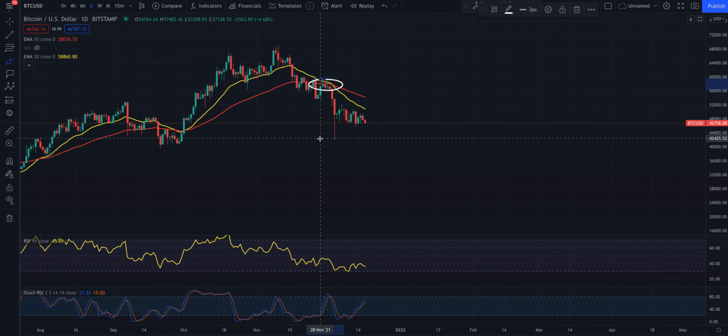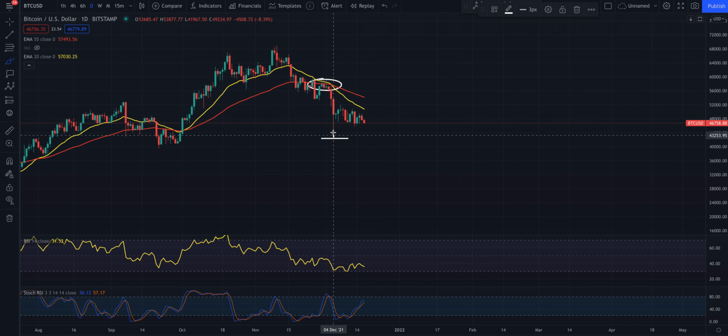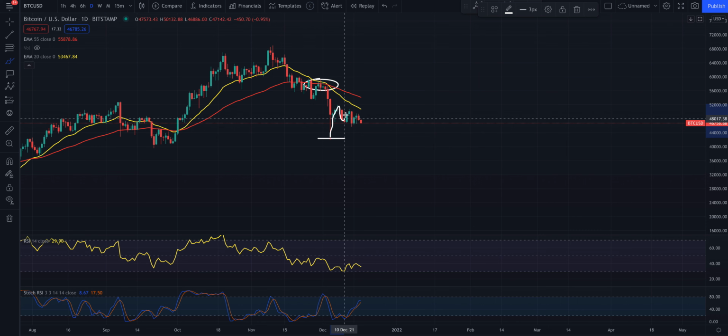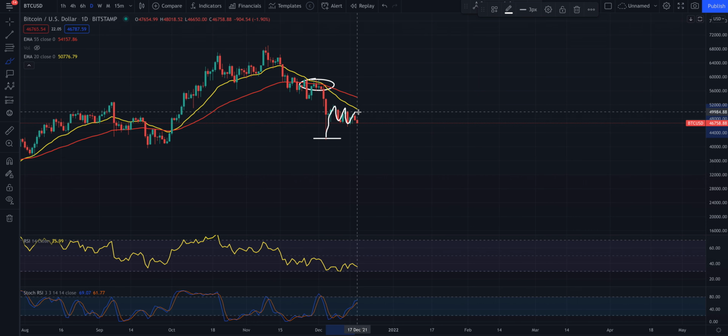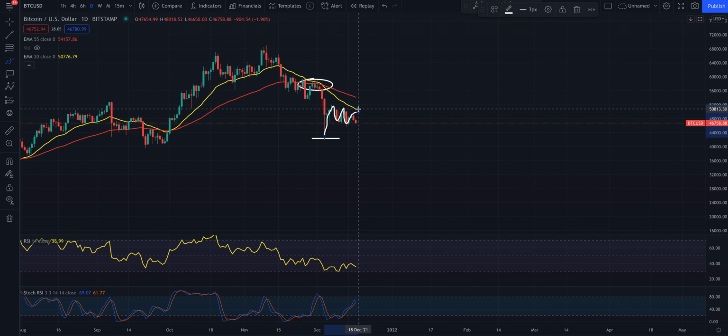So what you can see is that you came down to this level of support here, and you had great buying pressure come in, and you've been trying to break out, but you've been hitting your head essentially on this 20. You haven't actually come up and tested it completely yet, like you did here. Look, you came into the EMAs and you got rejected. You came up to the EMAs, got rejected. You haven't come up to them yet, which is what I believe you're doing now.